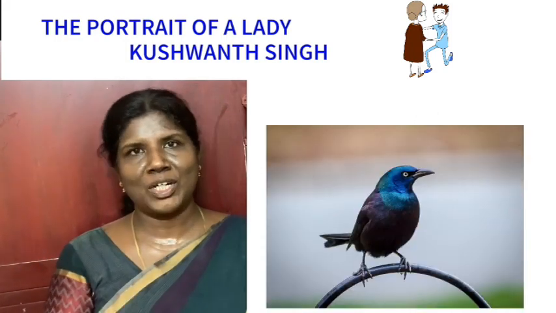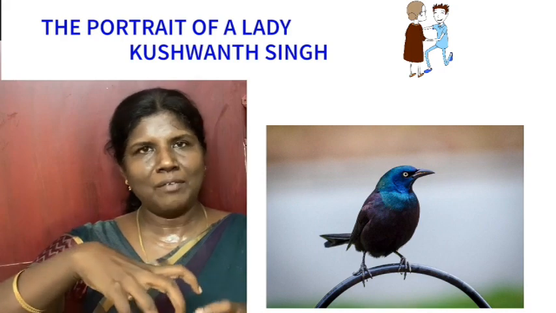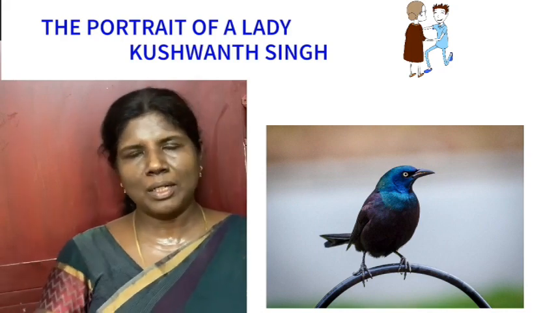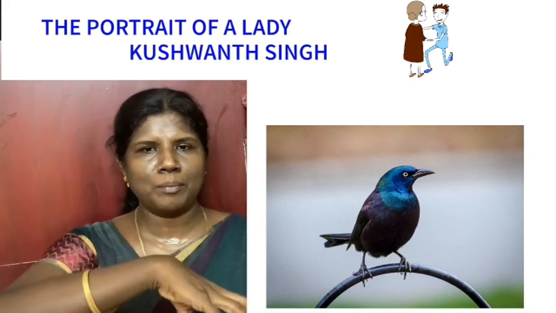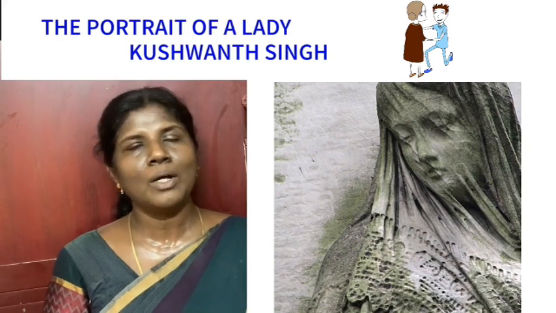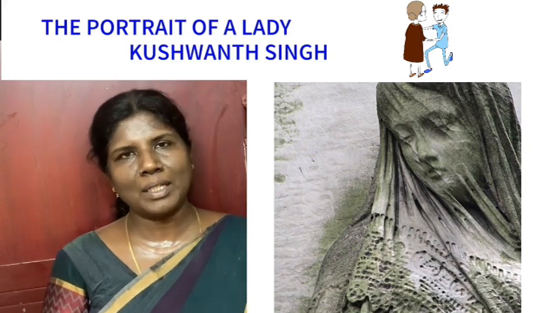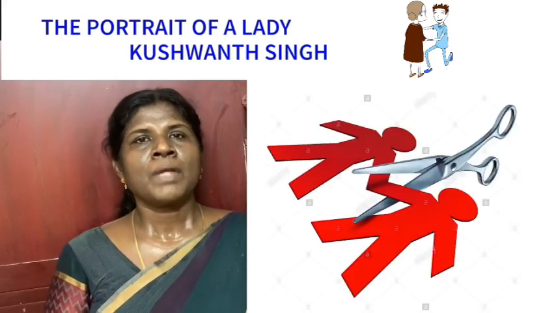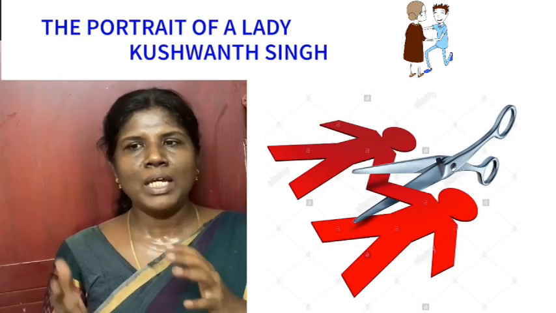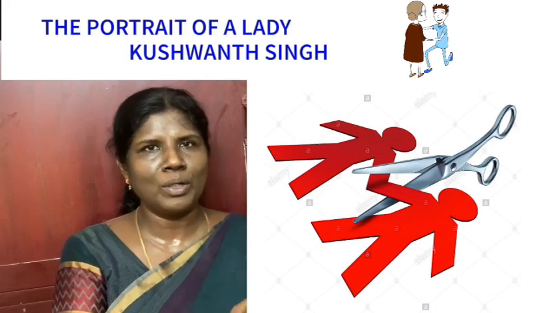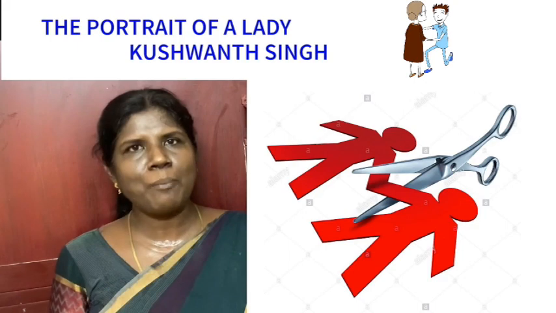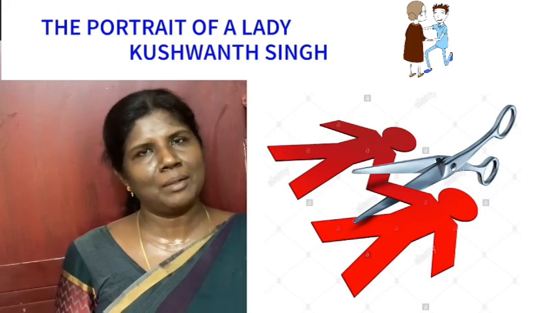Perch. What is the meaning of perch? Perch means to hold on with the claws. Perched on the shoulders means resting on the shoulders, gripping with the feet. Shroud. The lady was covered by a shroud. What is the meaning of shroud? A cloth used to cover, that is called a shroud. The relationship was snapped. Snapped means cut. When he was given a separate room, there was a little more distance between grandmother and the child. So snap means to be cut.